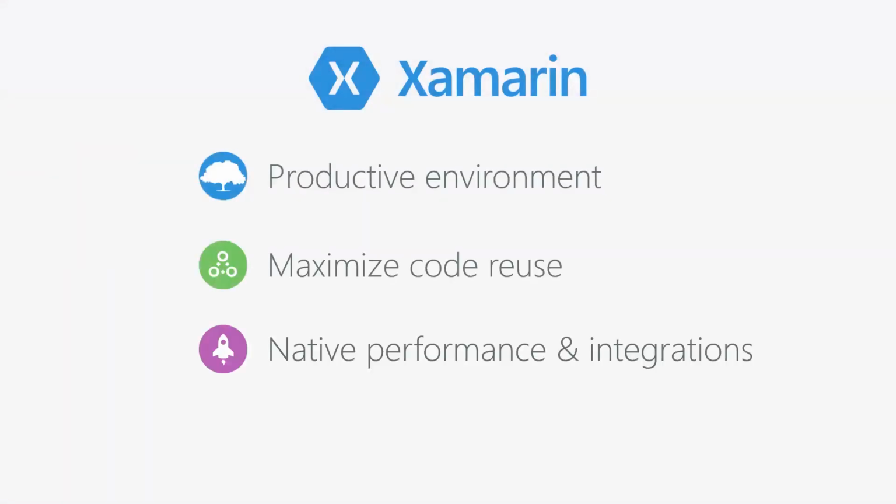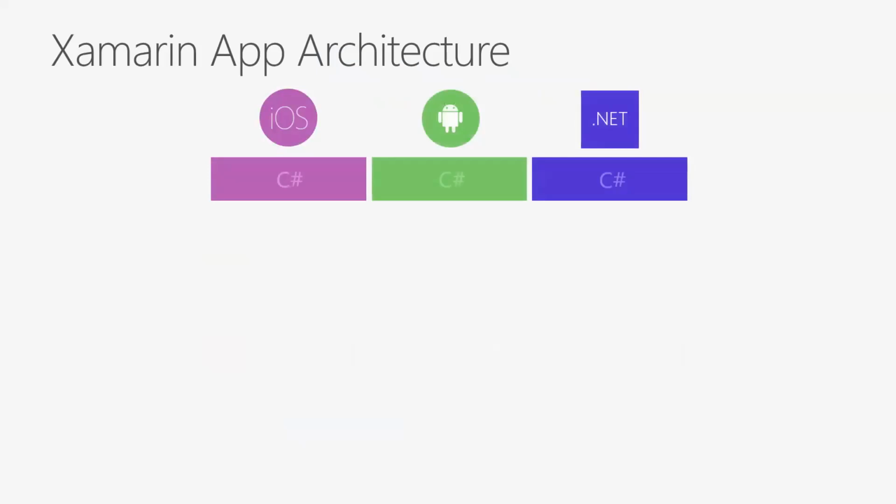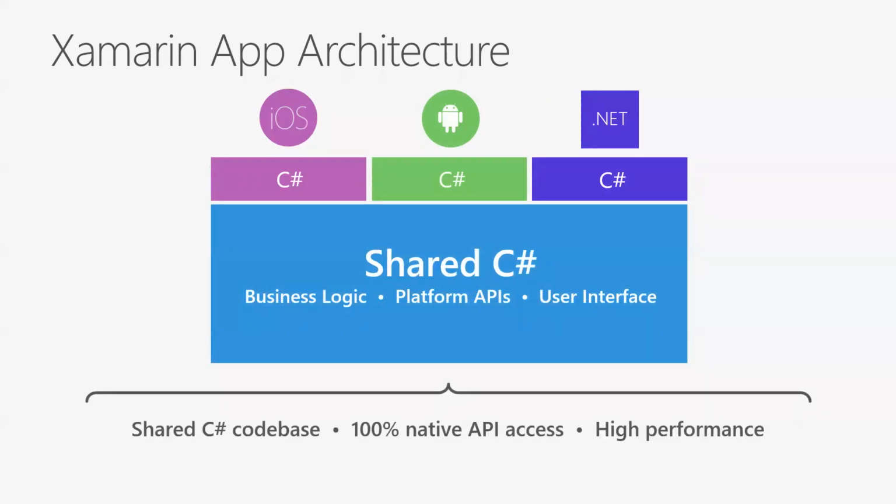All right, it's great, it's productive. Yep, your code gets used again. Very cool. It's native. I mentioned all these things. What does it actually look like? Well, you have your head projects, we call them. So in a standard Xamarin app, you might have an iOS project, an Android project, and a .NET project, which in most cases is UWP. But we have community support for things like WPF. And then you have one .NET standard project where all of your shared C# can live.